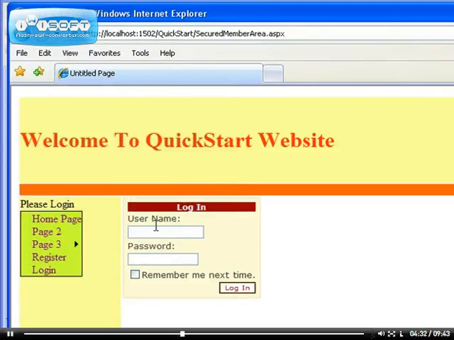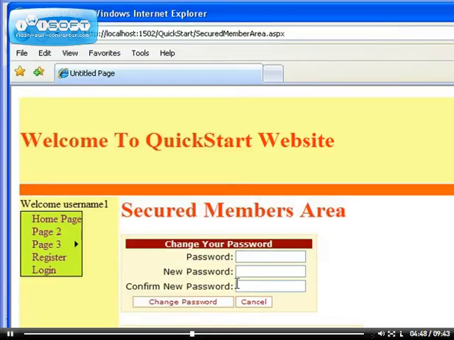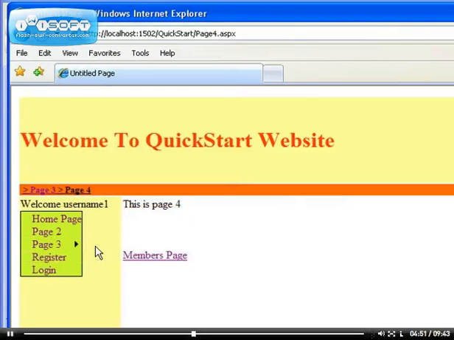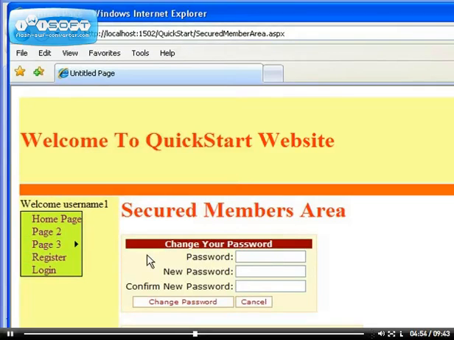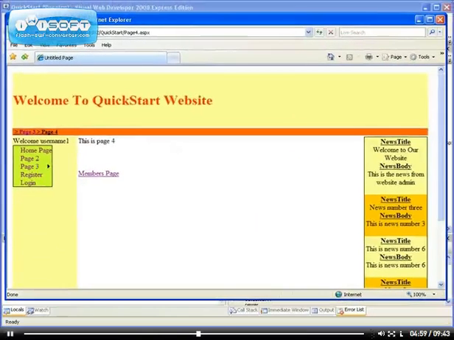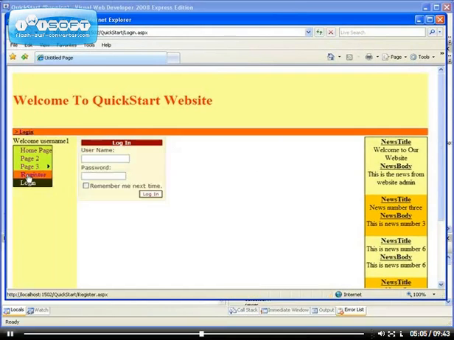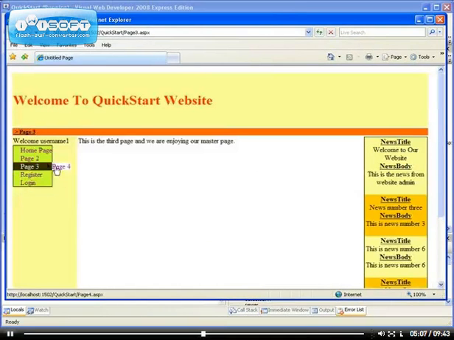let me log in, because we haven't logged in. Let me log in. Do I remember the username? Okay, right. So if I go back to page 4, go to members area, and it's not showing. Okay, let me show you. Actually, if I go to the login page, it's showing the login page to register the page 3. Anyway, you get the idea. The deeper you go,